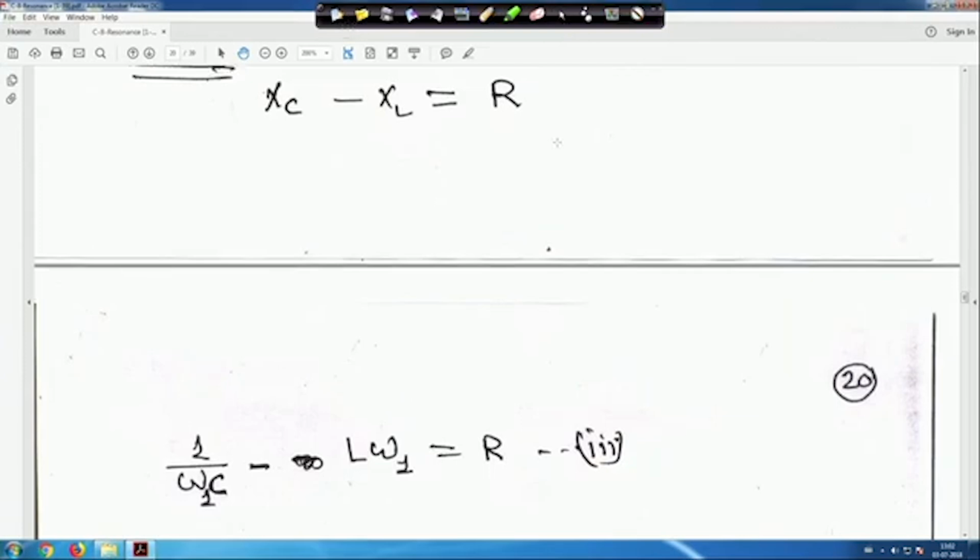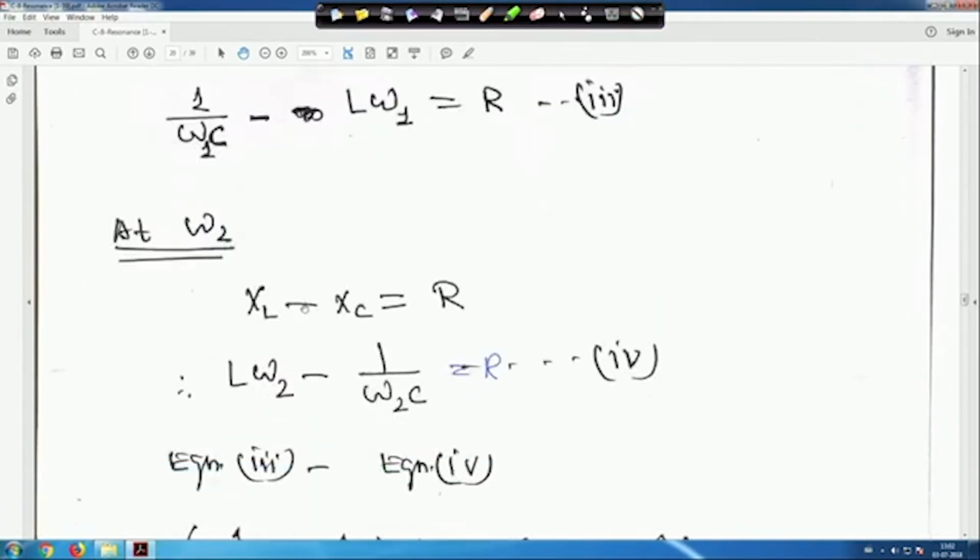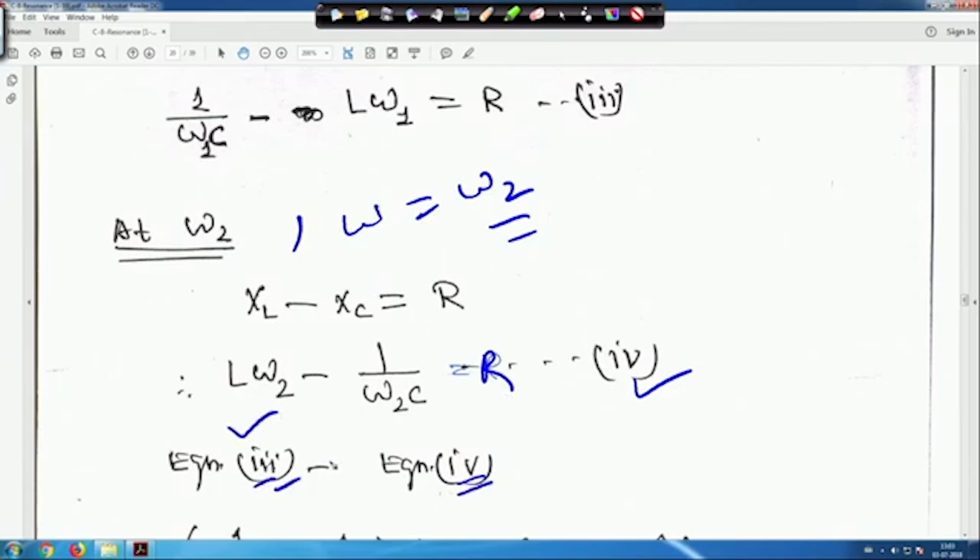Similarly, at omega is equal to omega 2, XL will be L omega 2 and XC will be 1 upon omega 2 C. This is equation 4, and this is also equal to R. So now what you do is subtract equation 4 from equation 3. If you do so,